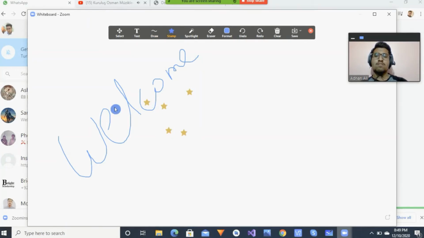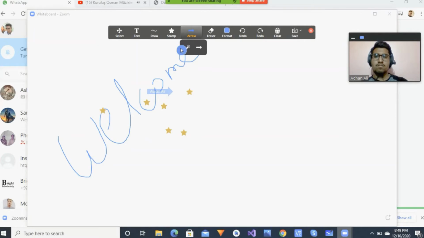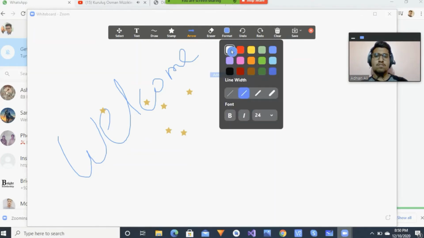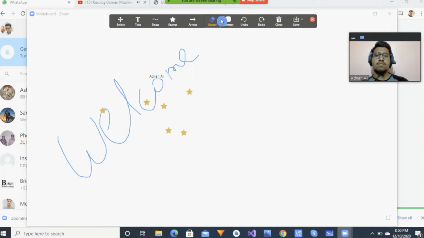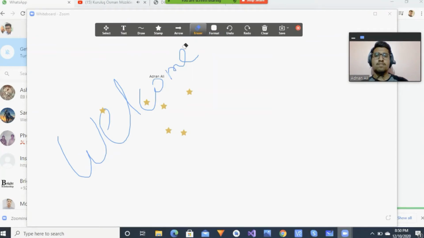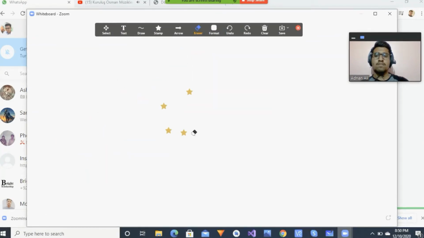You can use star stamps here. You can use spotlight here. Okay, you can use an arrow here. It's up to you, just play around. You can change the color of the arrow. Okay, so you can again erase all the text here. Our whiteboard is clean.